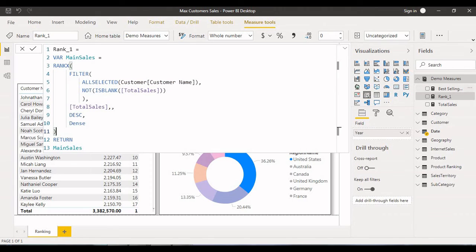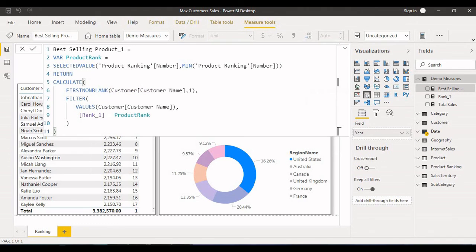Now in best selling product 1, I have declared one variable. Within the variable I have used the SELECTEDVALUE function. In the SELECTEDVALUE function I am taking the slicer value, whatever we are selecting, I'm just taking that number. If you want to select top one, it's 1, 2 means 2, 3 like that.